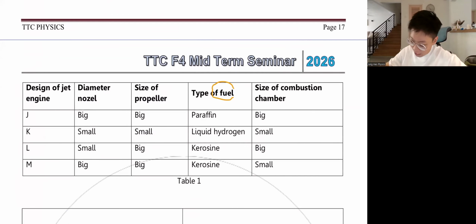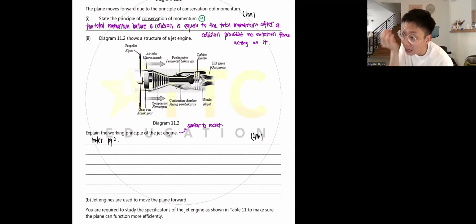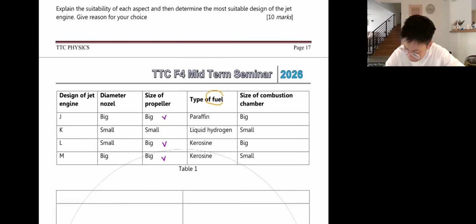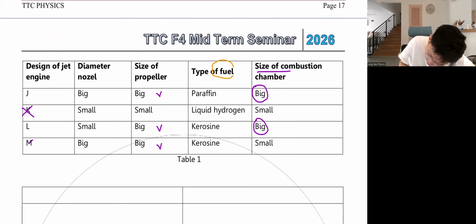Okay, so the answer is, guys, if this is the propeller, obviously it needs to be big, right? Correct or not? Because that's the whole point of the fan. You want to suck the air in, right? So you need the air to support the burning of the fuel, because you need the fuel and you need oxygen to burn it. Correct? Okay. So therefore the size of the propeller must be bigger. Then after that, next, you will realize that the type of fuel, I don't know, but I also know that the size of the combustion chamber must be bigger. So eventually, this is already wrong, this is already wrong.